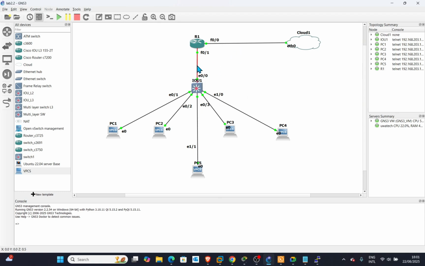This will be a trunk port. It's not going to be an access port, because it's carrying different traffic, so we cannot specify one particular traffic to it. This is going to be a trunk port because it's carrying multiple traffic for different networks. So to configure the trunk port,